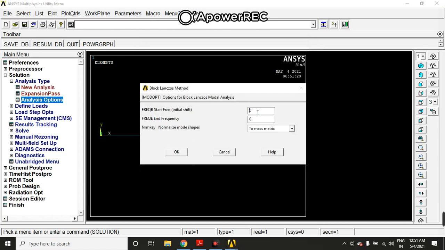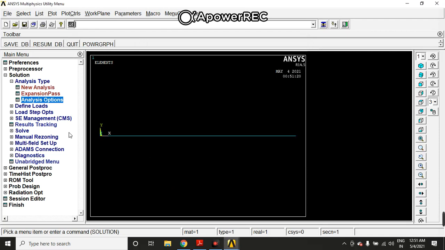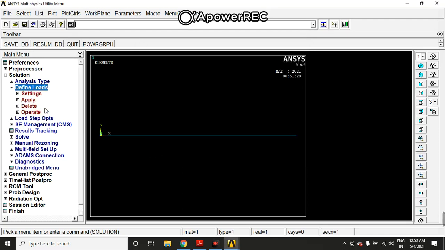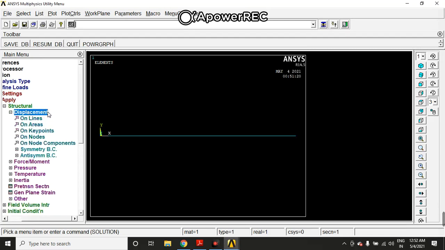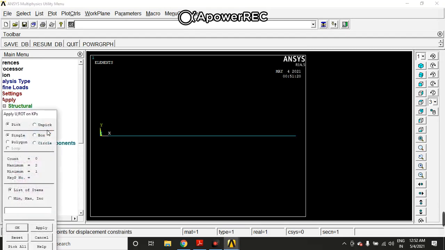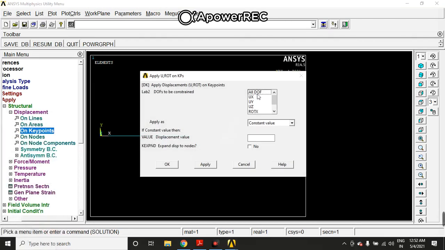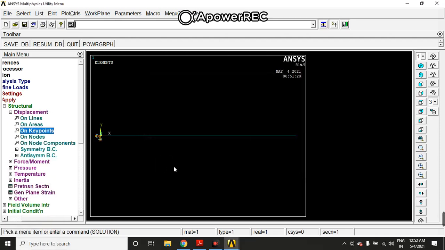Keep the start frequency as 0 and the end frequency as 0. Click on OK. Then go to Define Loads, Apply, Structural, Displacement, on Keypoints, as your left end is the fixed end. Click on this first keypoint, click on Apply, select All DOF, enter the value as 0 and click on OK. This is how we have fixed the left end.